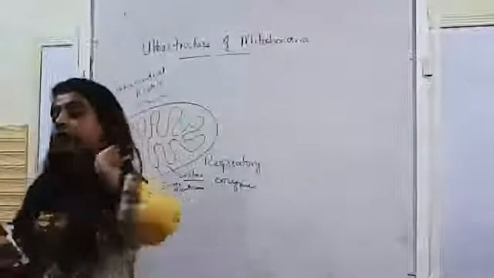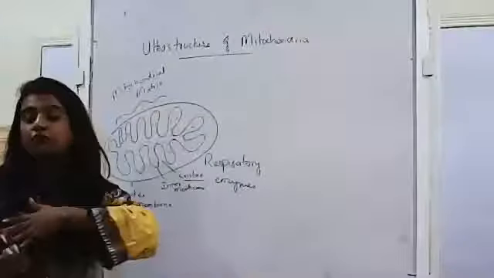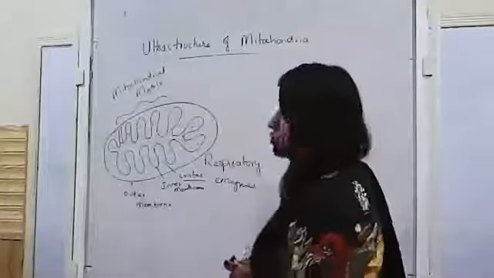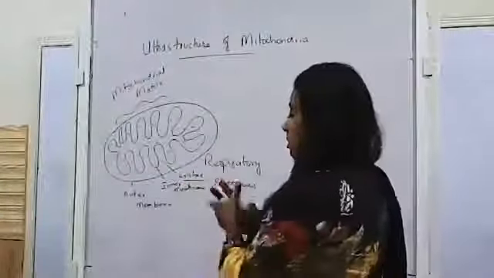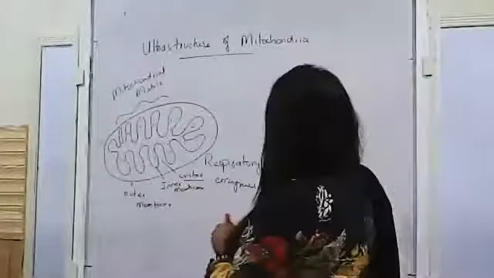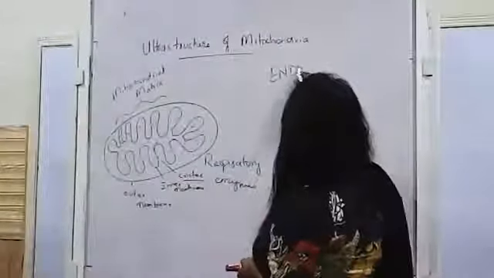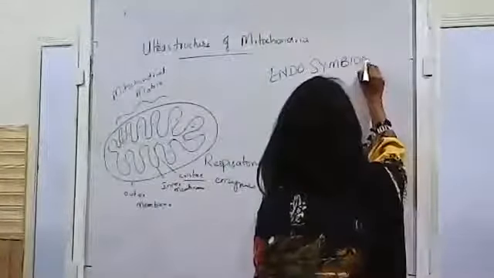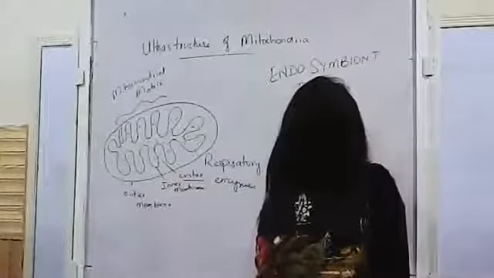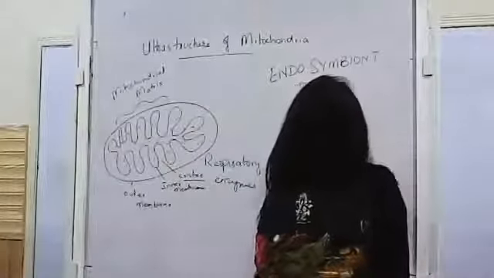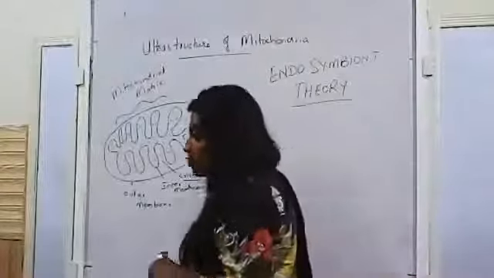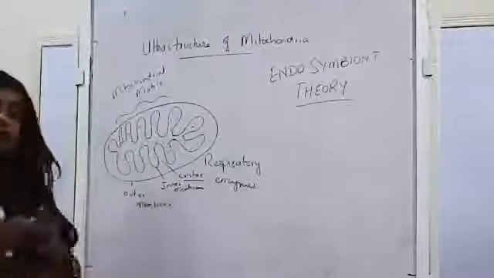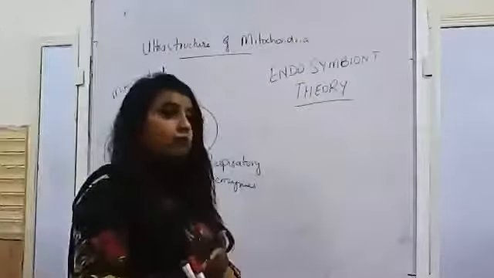The difficult part that I got messages from you that you haven't understood clearly was the endosymbiont theory, right? So I'm repeating the endosymbiont theory today for you. We discussed that there is a theory known as the endosymbiont theory. We describe the endosymbiont theory as the theory that explains how a eukaryotic cell came into being from a prokaryotic cell.